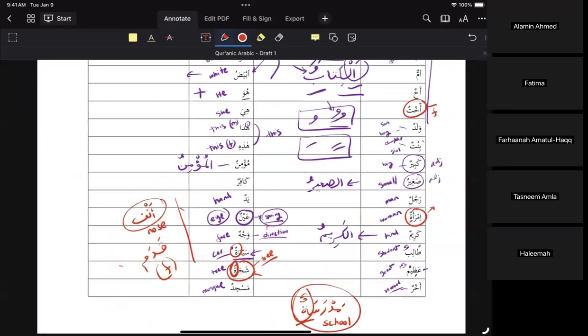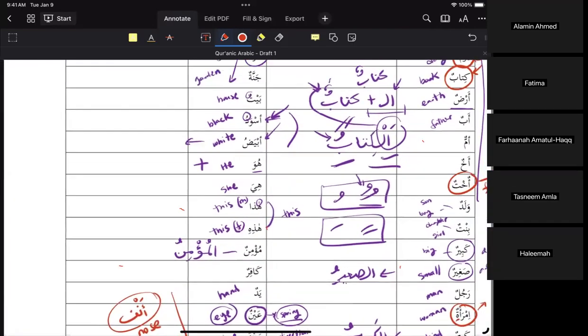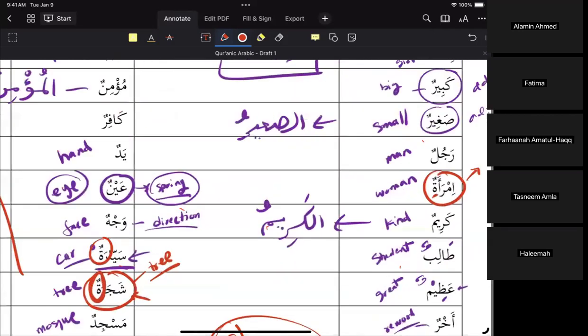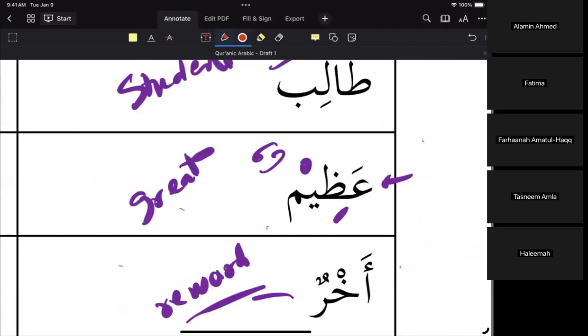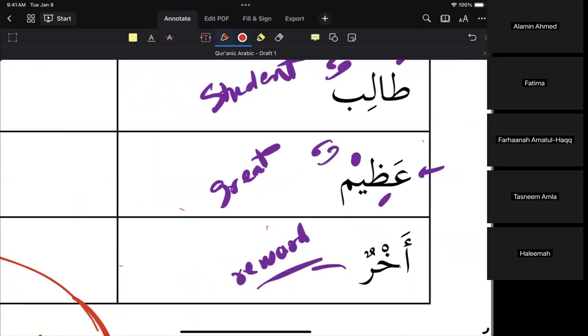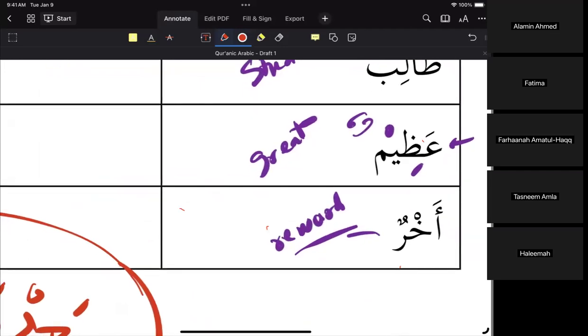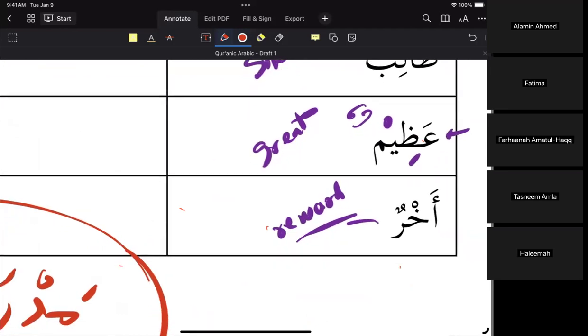Now we will see how we can make it from masculine into feminine. So, for example, the word azim. Azim is great. So we said the step of making an adjective into a feminine adjective is by adding tamarbuta. And the rule is that we take the last haraka, okay? So we take the tanwin of damma and put it onto the tamarbuta, okay? So first of all, we need to add